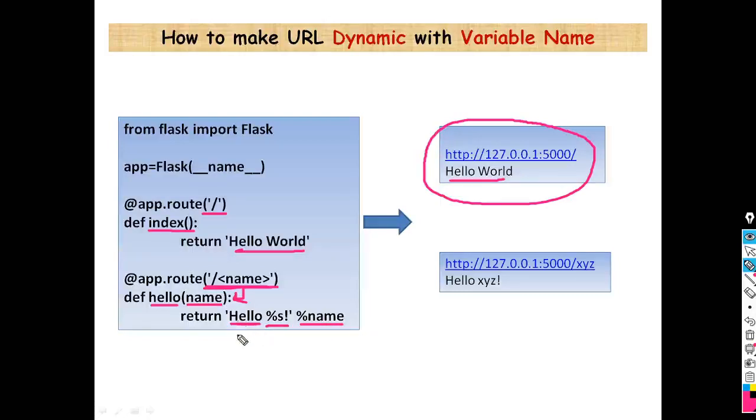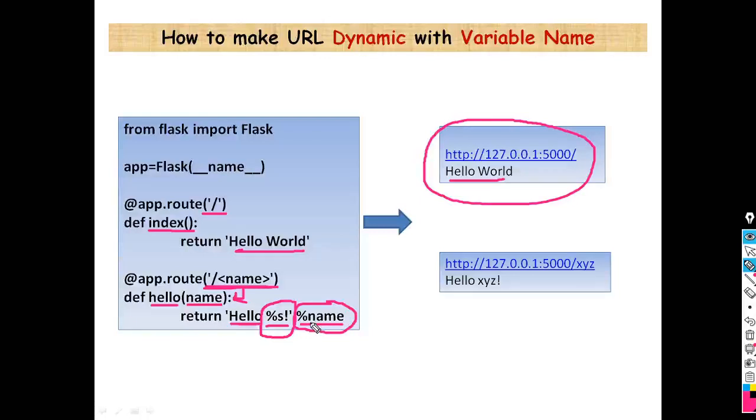Okay, so what is the syntax here? "Hello", this is the text. If that particular parameter is of type string, you should define the format specifier, that is %s here, and then close the quotation mark, because this should be enclosed within a pair of quotation marks. And to call whatever content we have assigned to the variable, we use the % sign. You should write % with that variable name.